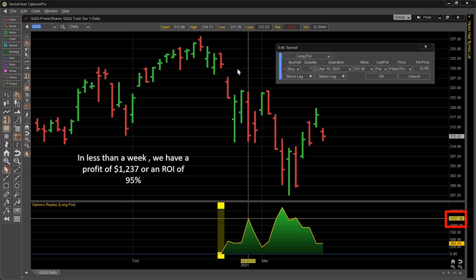If you're looking at the headlines and following the VectorVest views, you would have seen that it would have been a good time to go out and play the NASDAQ to the short side. Buying the April put option, the 331 strike, which would have been an at-the-money strike, costing around $13 per share, would have netted us very quickly a 95% return on that investment. And if you held, it would have been even higher. But once again, this would still be an open trade. You'd still be profitable even as of today.